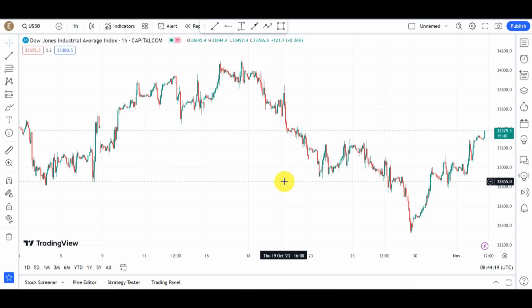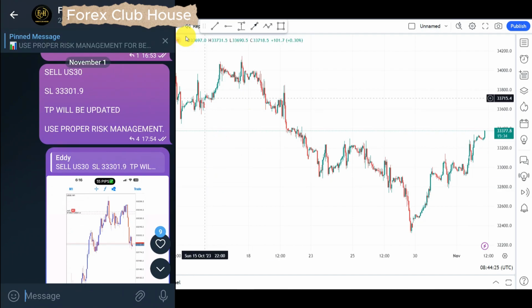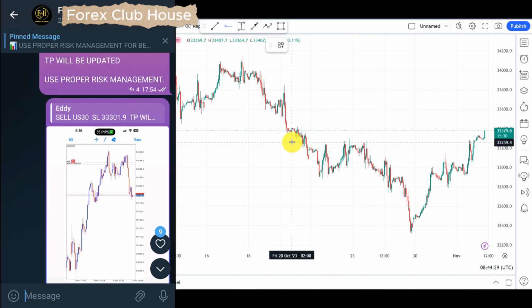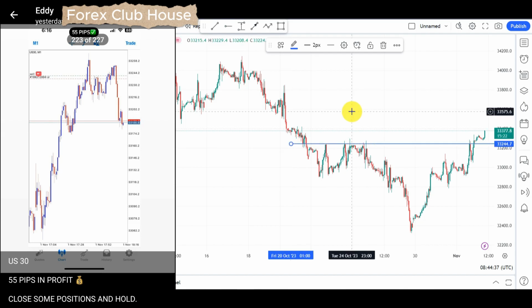So this is US30. We did take this trade yesterday and it was a sell trade, and this sell trade was taken on around these levels right here of 33244. Around here is where my orders on US30 were, and this sell signal was given on my VIP group